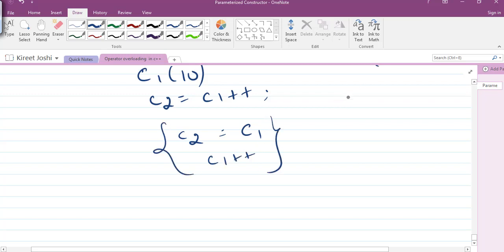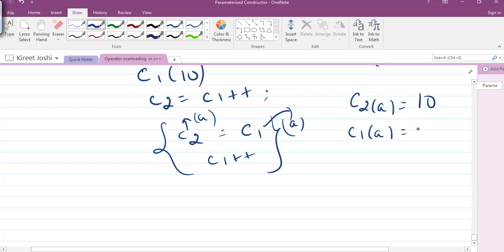So the output will be, there are two values, one value of A that is in C1 and one value of A that is in C2. Now A of C2 will be equal to 10 and A of C1 will be equal to 11, because the original value will be assigned first, and after this the value of A will be incremented.